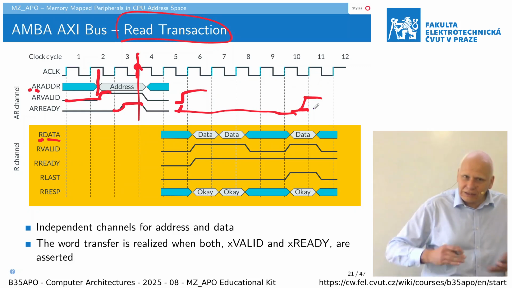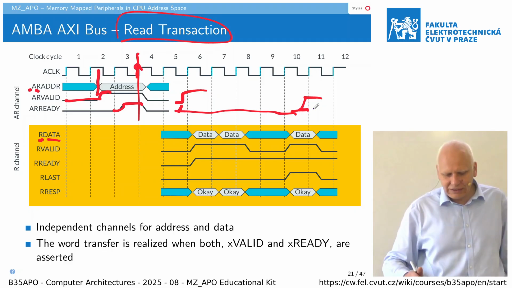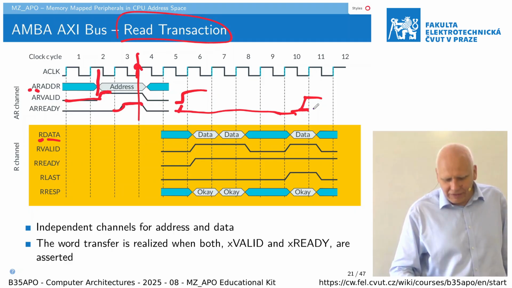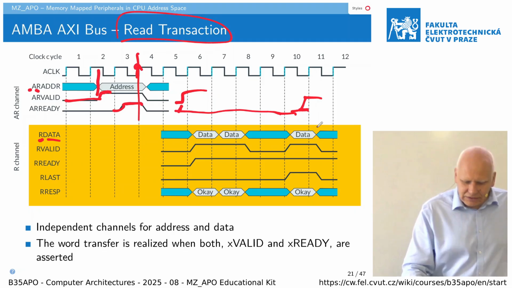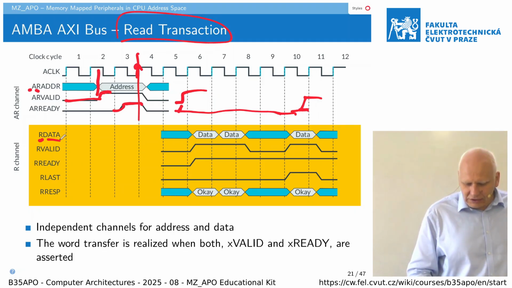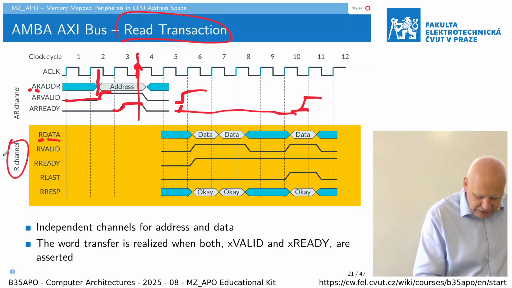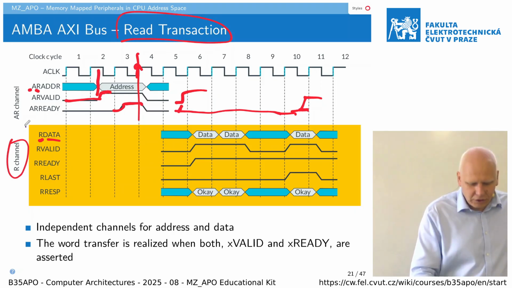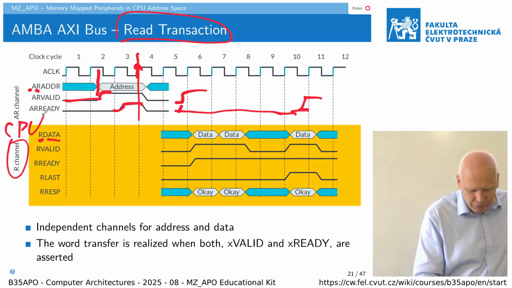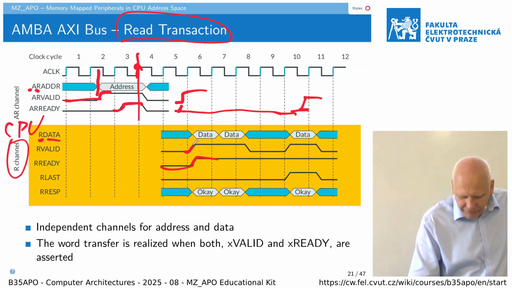But in theory, there can be a queue of requests to different addresses, and for each of those requests there is a stream of data words coming in the other direction. And again, in this case, the receive channel receiver, so basically the CPU, for example, or the master, informs, I am ready to receive data. And at the moment when the peripheral informs, okay,